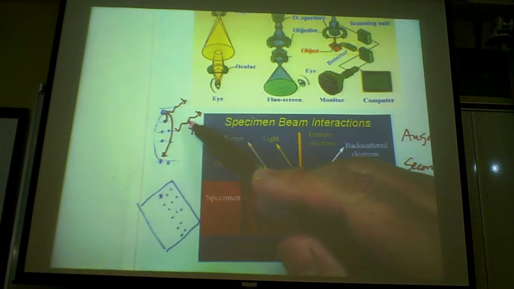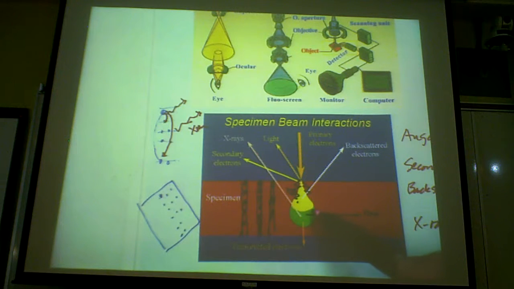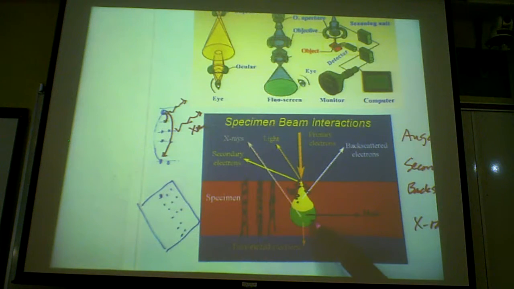The creation of this light, right? This light still exists. It still exists deep down. It's just that if you create this visible photon deep down in here, it won't get out because it gets absorbed. It gets reabsorbed by the material. So the reason you only see the surface region is because of absorption of the light. Okay, and same with